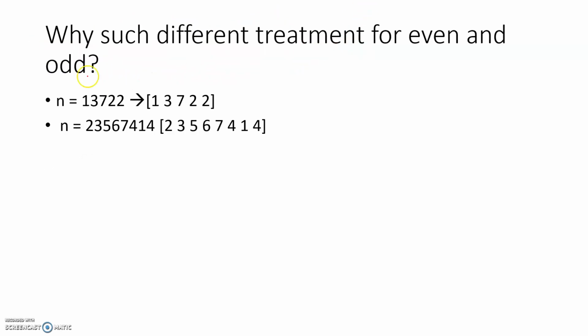See, just try to understand. Suppose the input given by the user is 13722, then the array which you have created will contain 13722, right? Now see, you have to get the middle index. If you are able to get the middle index, that is the index position corresponding to 7, what you do,